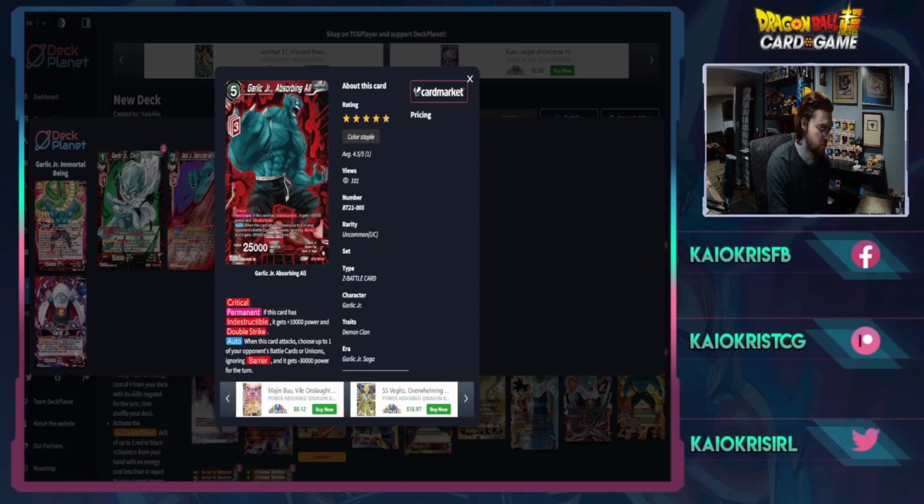When this card attacks, it shoots up to one of your opponent's battle cards' unisons, ignoring barrier, and it gets minus 30k for the turn. So this is another very powerful effect, right? You can use Shinron's effect to make a triple attack. The card swings 3 times. It's basically going to kill 3 things and then swing for 45k Double Strike crit 3 times. It's a very powerful boss monster. Again, without